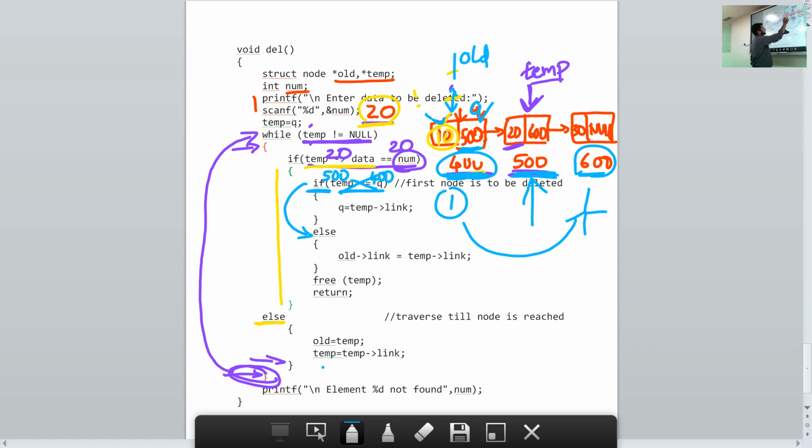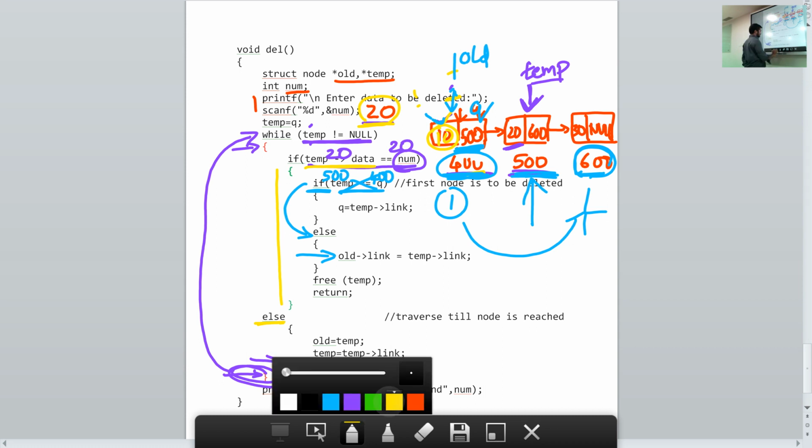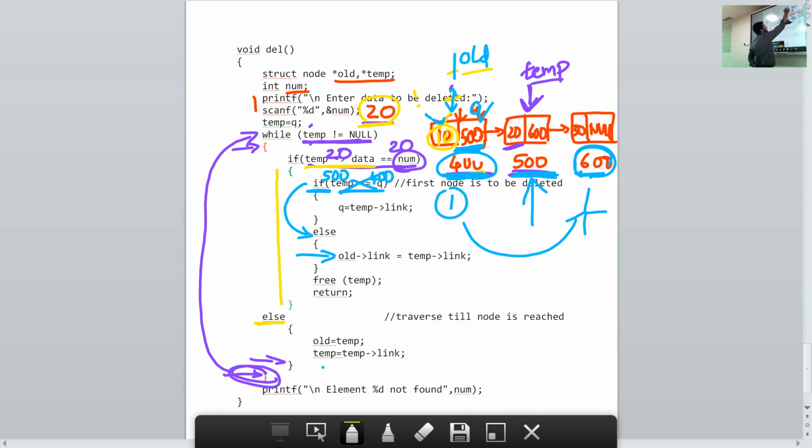But we want to change that. So we want the address of the last node to be stored here. We do that using this statement here: old arrow link. That is this part.